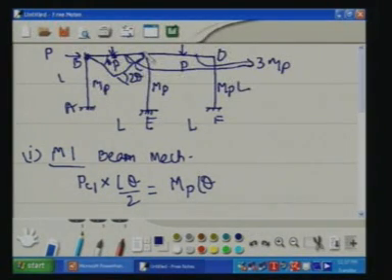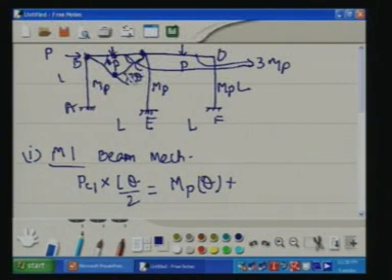So, the plastic hinge has to be formed in the beam only at this place. Here the plastic hinge cannot be formed in the column. So, the hinge will be formed here, and again of course, in the middle there will be a plastic hinge. So, the value of internal work done will be M p theta at this place